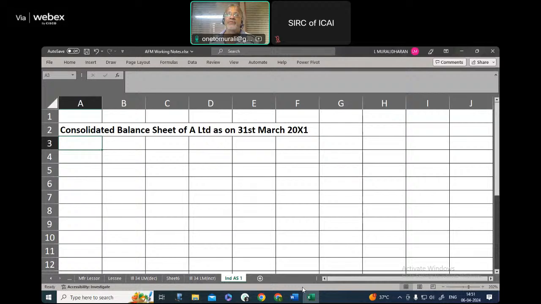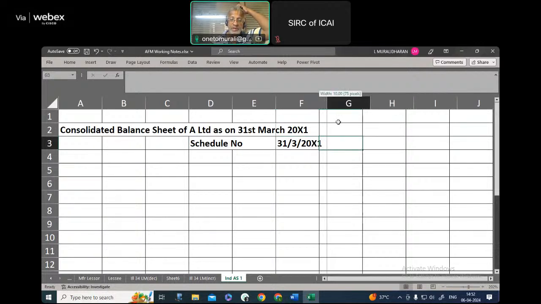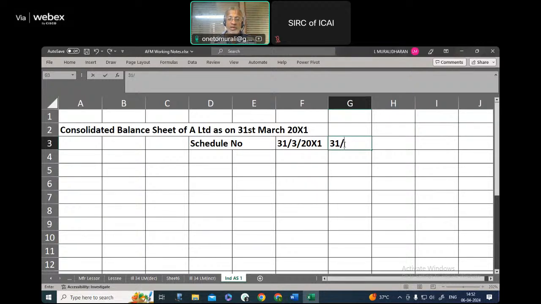Firstly, we have the habit of doing it as far as Ind AS 1 is concerned, firstly with assets. We will give the title, we will provide the reference of schedule number, then amount for the 31st of March 20X1 and the other one for the previous period, our comparative balance sheet, 31/3/20X0, right? The first and foremost thing that we take up will be